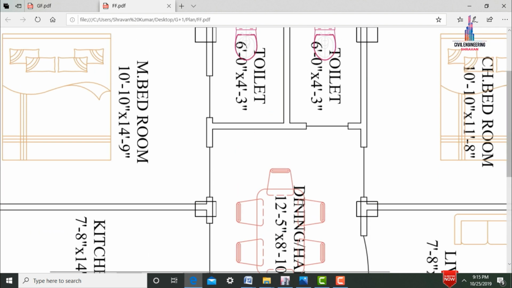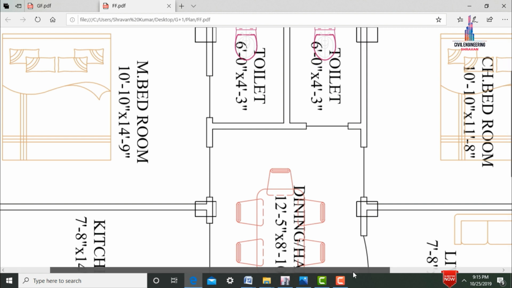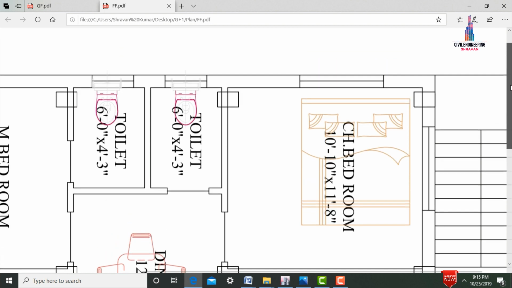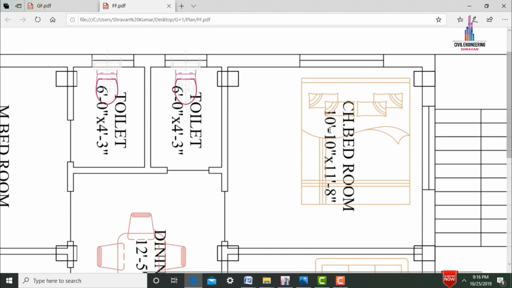So through this respected dining area, now we are entering into the second bedroom. So these are the second bedroom dimensions for this respected house. So it will consist of 10 feet 10 inches in length direction distance as well as 11 feet 8 inches in width direction distance for this respected house. The second bedroom also consists of two windows for this respected first story. The first window is provided in north facing direction as well as the second window is provided in west facing direction. The dimensions of both windows will be approximately equal to 4 feet.